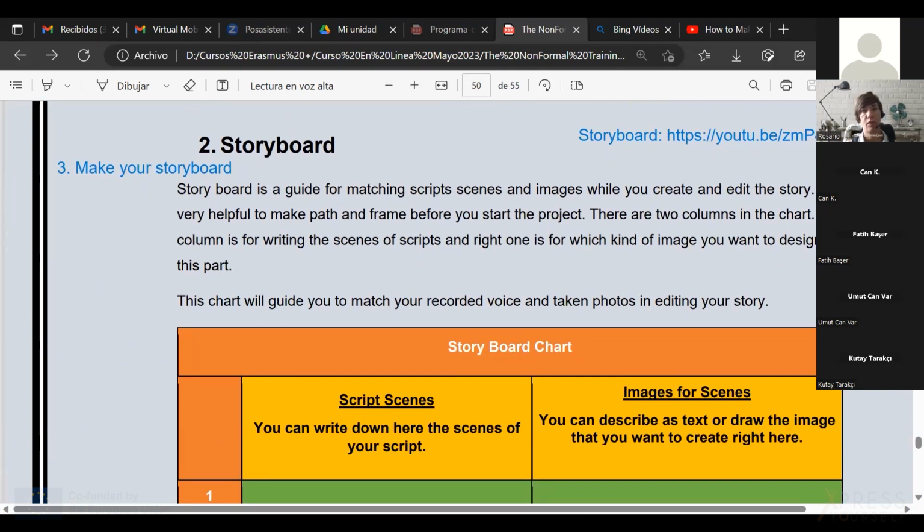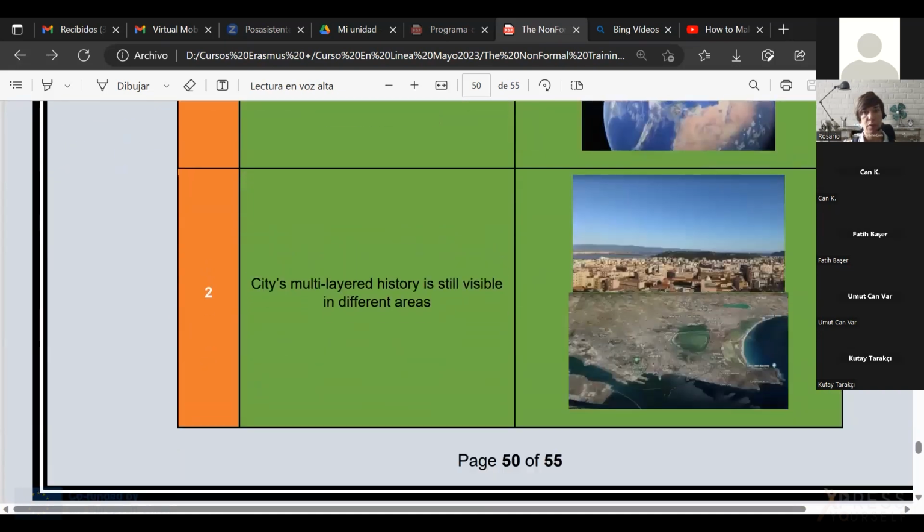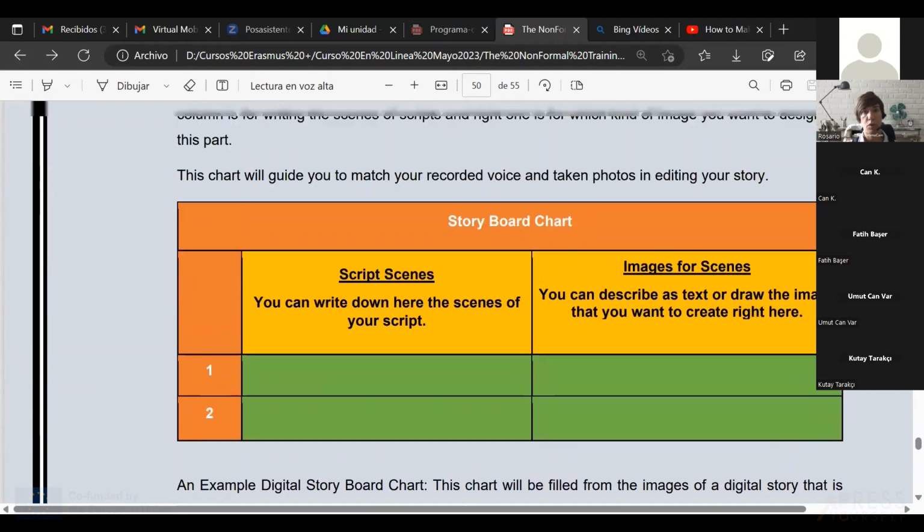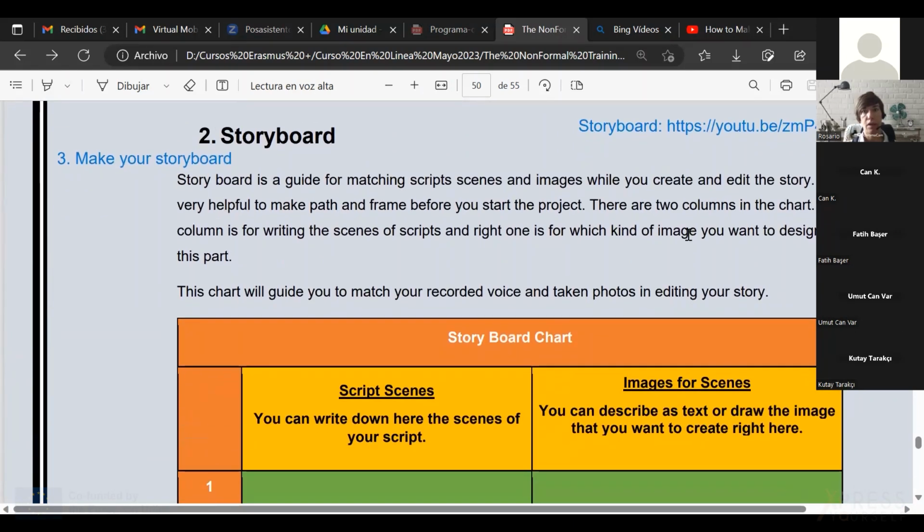Let's jump to the storyboard. We have only 10 minutes left, and it's not much to be said about it. I wanted you to create one, but anyway, I will just show you what a storyboard is. If you have some knowledge of cinema, you will know that it is when you decide which scenes you are going to have in the movie, and then you play them. So it is the same with the storytelling.